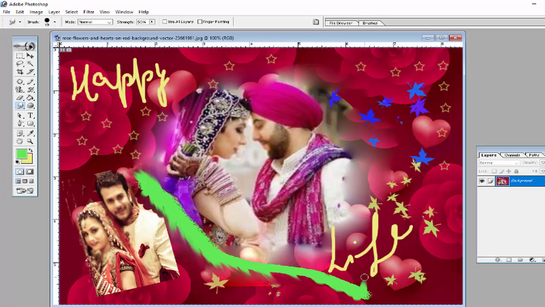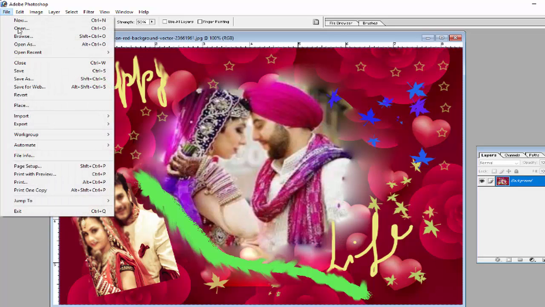So it's a very nice option which can be used by you to expand the color of your image to make the image more attractive like this. You can expand that color like this. So this is a way of using the smudge tool.